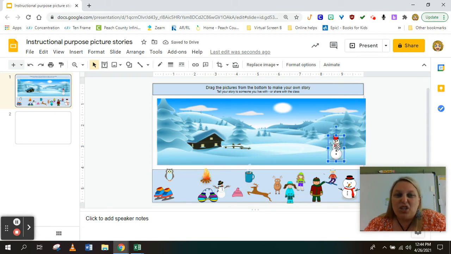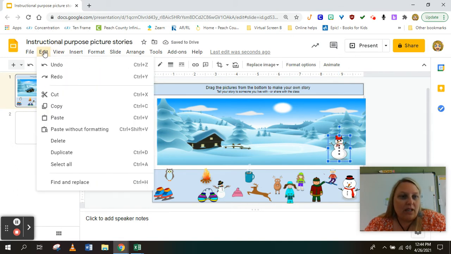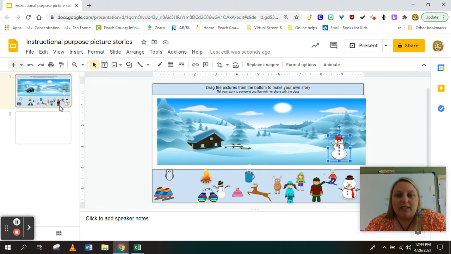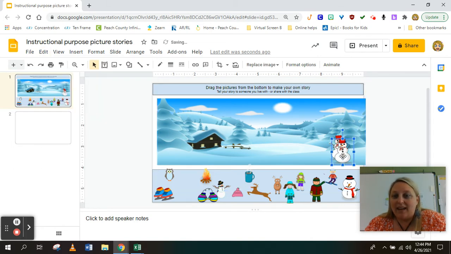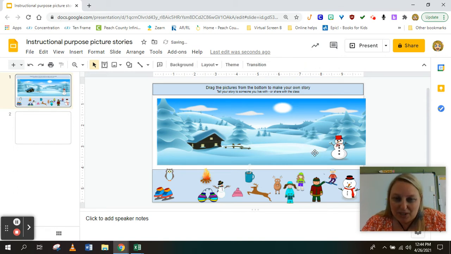What if I want 2 snowmen? Well, I can do that too. What if I don't want to use this one, I want this one, and I want to have 2 of them? Well, I can come up over to edit, and I can hit copy, and then I can click off the snowman, and I can go back to edit, and I can hit paste. And there's my extra snowman. So now I have 2 of the same things. Now, I don't really want 2 snowmen, but I wanted to show you how to do that